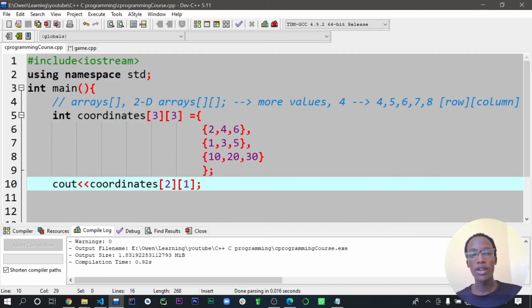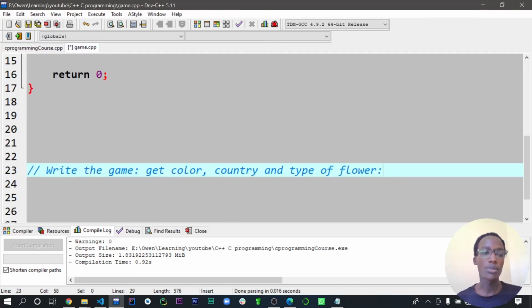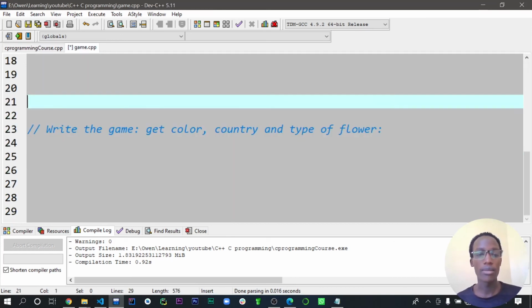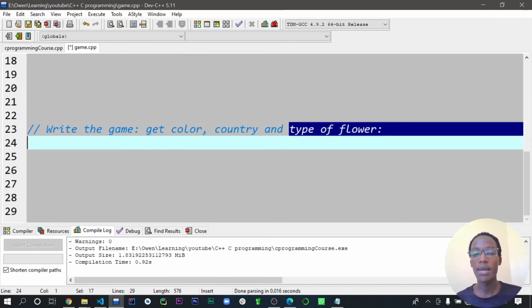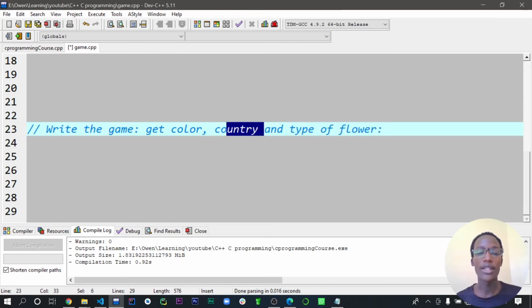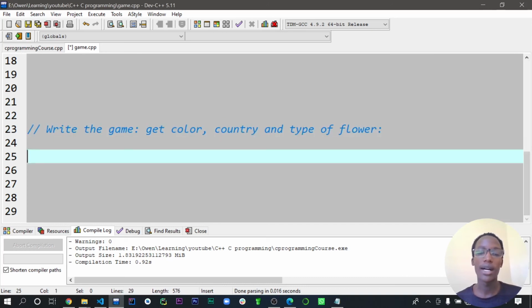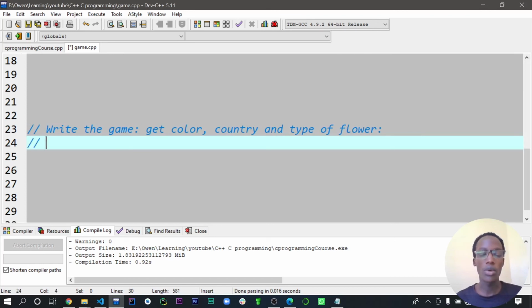So to finalize on this first chapter of C++ programming, before we move into conditional statements, I'm going to give you a simple quiz here. So there's a game here. I want you to write this game. It takes in the type of a flower. Also, the user will have to enter in the country and also maybe get the color from a user. Mostly people refer to it as the Mad Libs game,